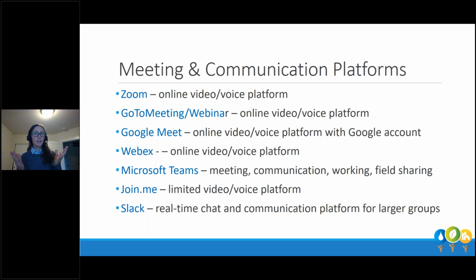WebEx is also one that is common or more common that we've been using. When I show a comparison of all of them, unfortunately, WebEx, whether it's still competitive in pricing and features, is just a little bit harder to use. It doesn't have as nice of an interface.